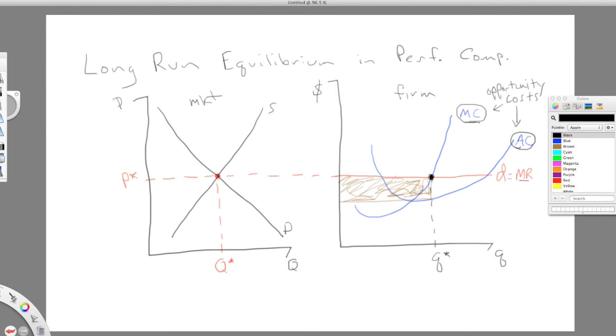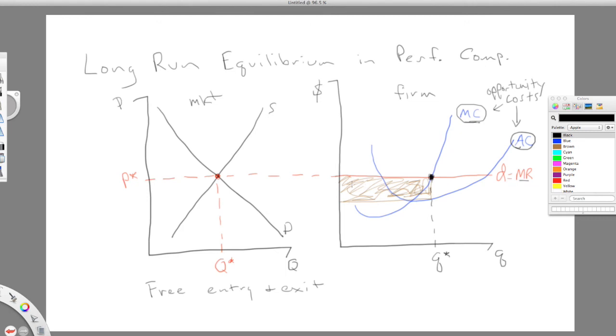and that's what shows up as this economic profit. Now, of course, the issue is that with free entry and exit, it's not going to take too long before other potential firms take a look at this and say, well, I have costs that look like this. I could sell corn for this price, P star. I'd like to get my share of that profit. So what we're going to see, and remember the condition that we talked about, is that under perfect competition, there's free entry and exit. And with that free entry and exit, what we're going to see is that new firms, because there's positive profits